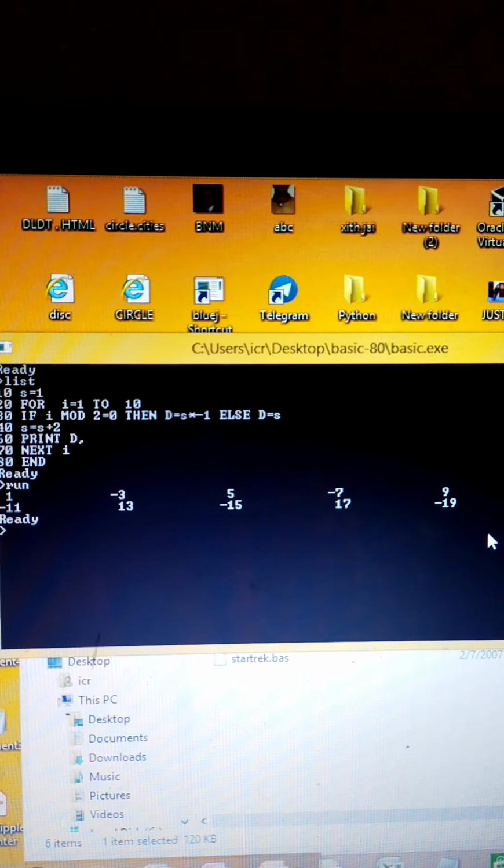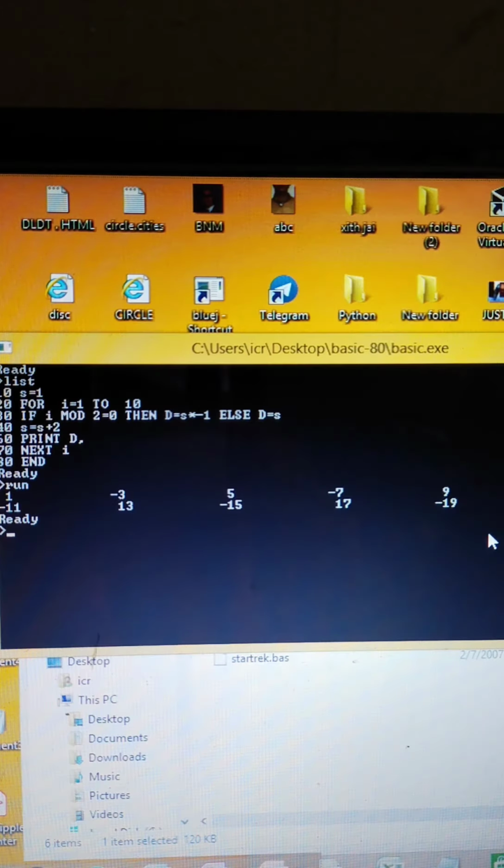Now let's look at the other program in which we have to enter two numbers and swap them using a third variable. Although this is not a part of for loop, this program is very interesting because it has got two types of statements: swapping with third variable and swapping without third variable. So let's have a look at this.